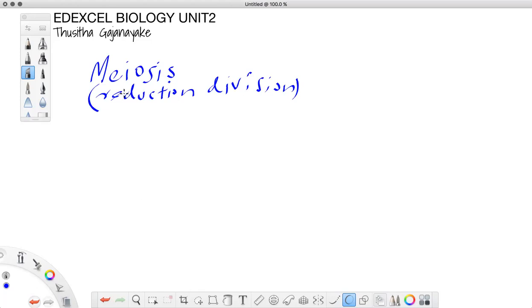Okay, we have learned mitosis. I think some of the information we can directly carry over to meiosis, and we can learn only the important steps of meiosis, because some of the events are very similar to mitosis. So we will try to understand only the important things in meiosis, right? One thing is,